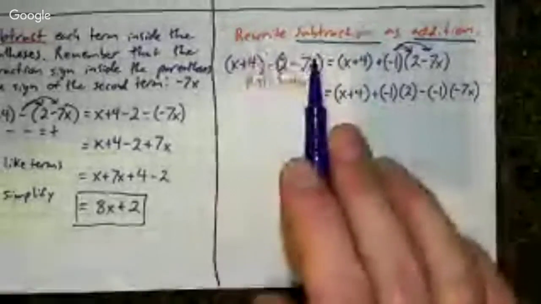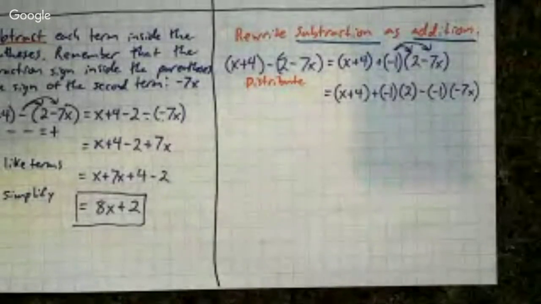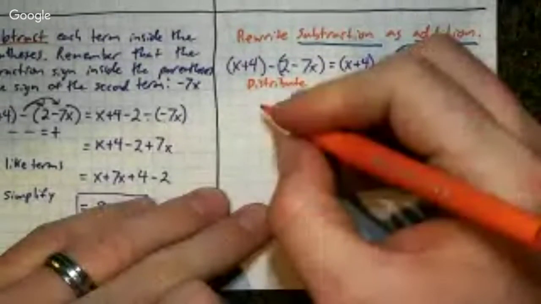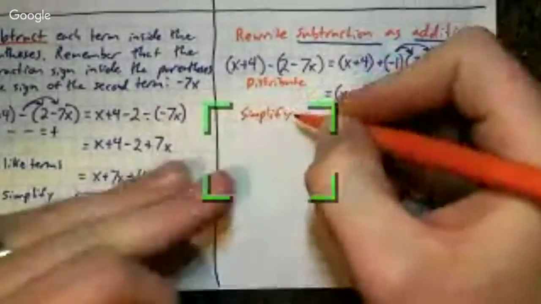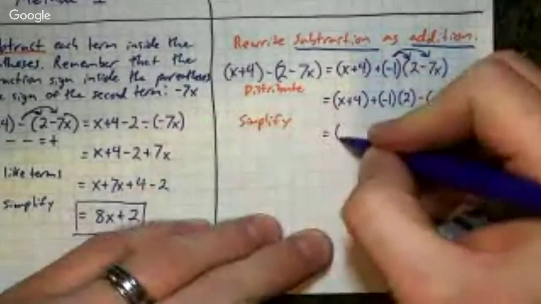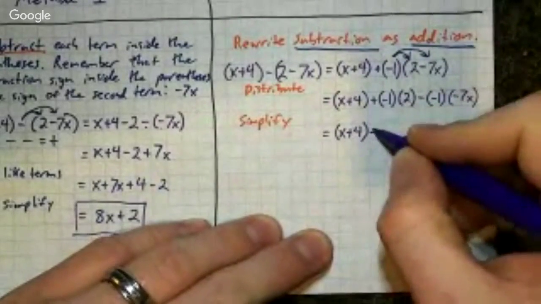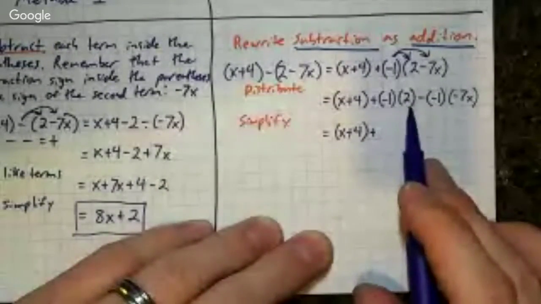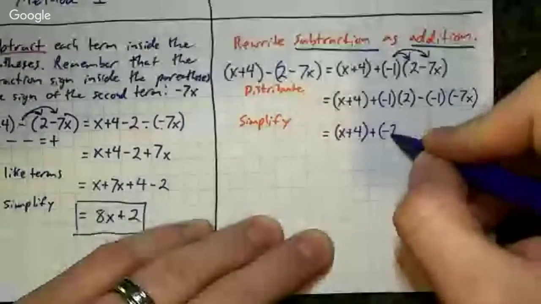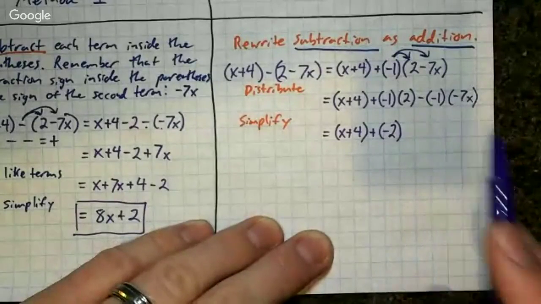We rewrite subtraction as addition. Next thing we do is to simplify what we have. So our next step would be to simplify, which would give us x plus 4 plus -1 times 2 is going to be -2 minus -1 times -7